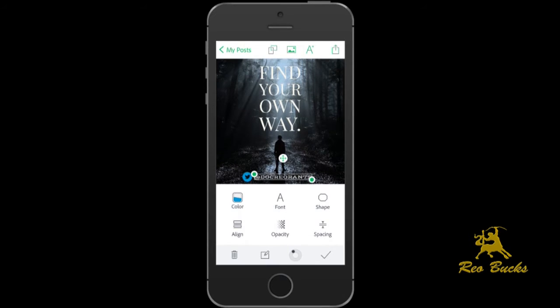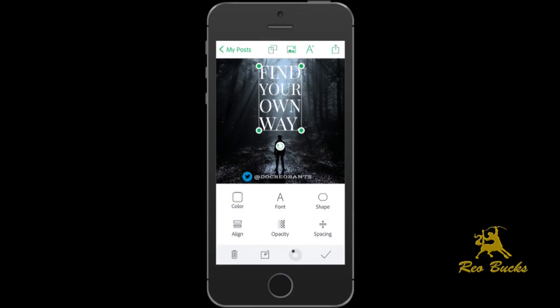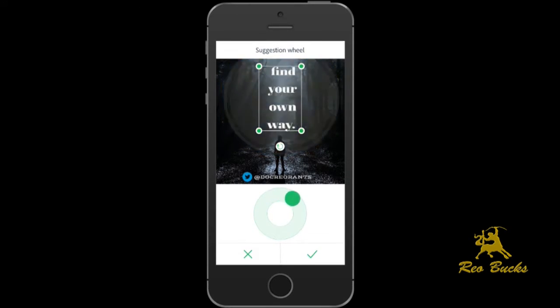Now, of this actual process. Let's say you weren't sure what kind of font you wanted to use or what kind of color you wanted to use. Let's see here. I want basic white. All right. What kind of color or what kind of scheme you wanted to use. See, if you go to the bottom next to the check mark, the first one in from the check mark, you'll see this wheel icon. It pops up a wheel. This wheel allows you to change through different options, and you can look at different